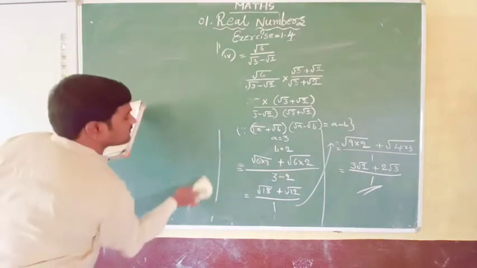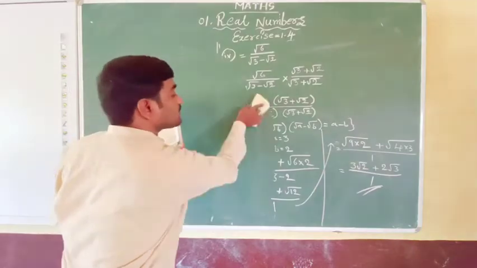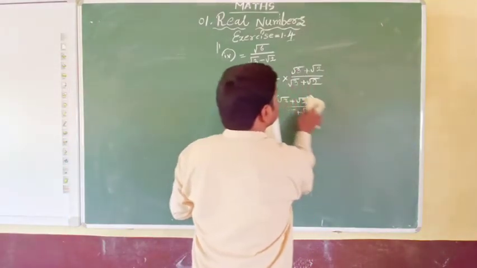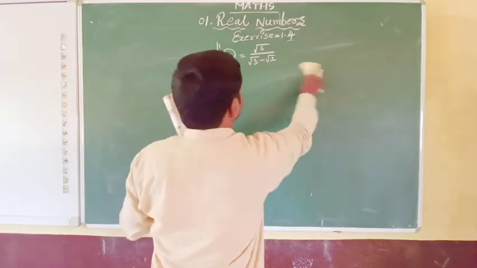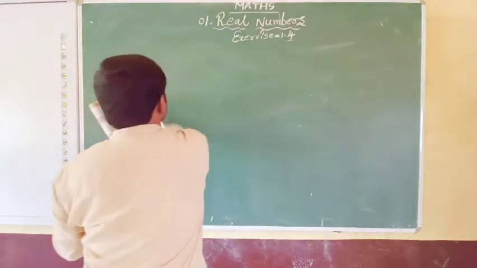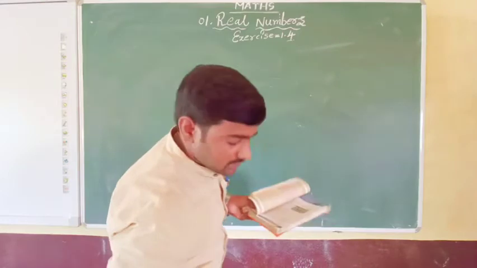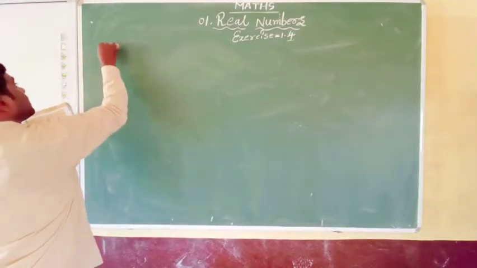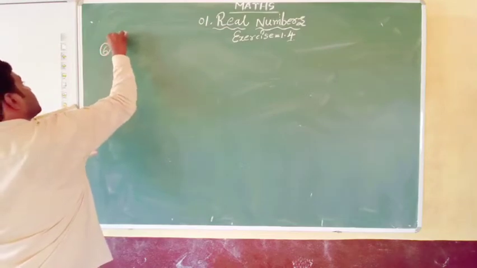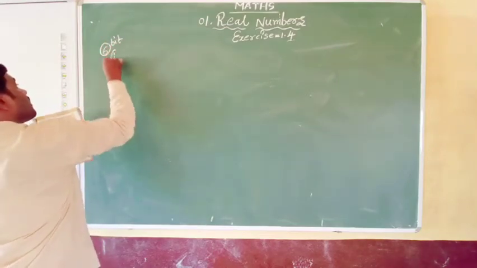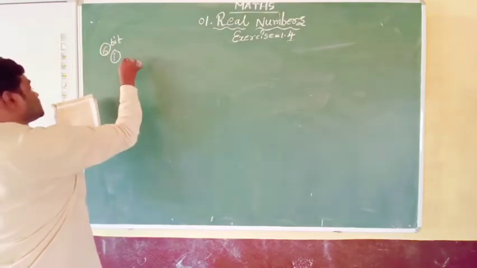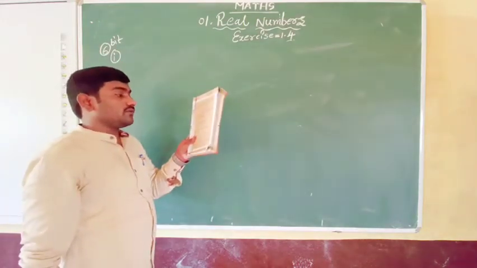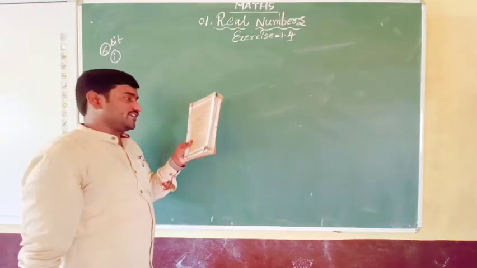But the 5th bit is a very simple bit. The 6th is a little more advanced than this. That means we get a little more simplification in this bit. In the numerator also we will get irrational numbers in the 6th bit. So let's see the first one in the 6th bit. What is the 6th bit here? Simplify each of the following by rationalizing the denominator.